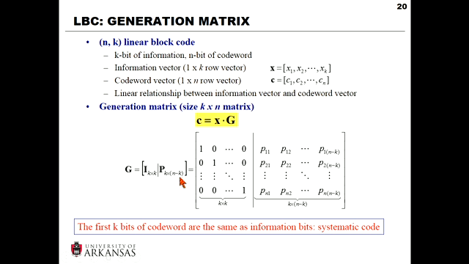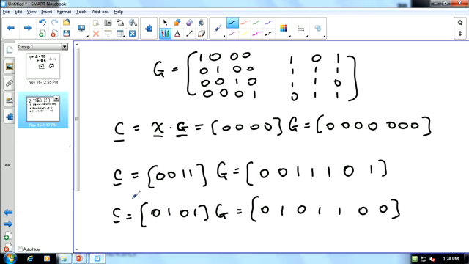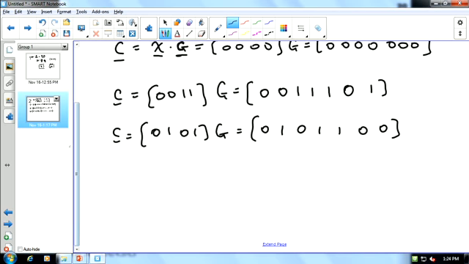So that's an identity matrix, and we represent it by using the letter I. And also we have a P matrix. The P is used to calculate essentially the parities. So if the generation matrix satisfies this particular structure, if the generation matrix follows this particular structure,